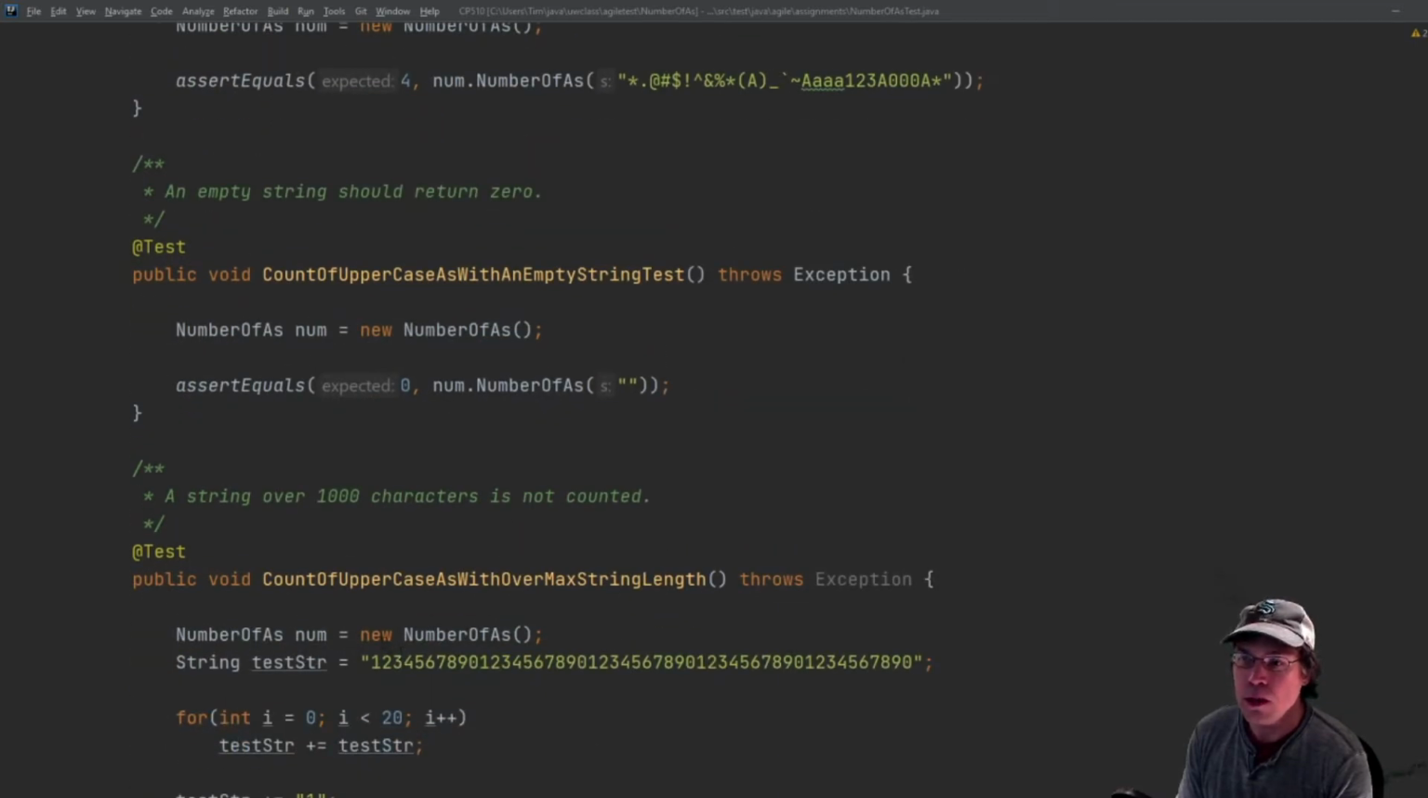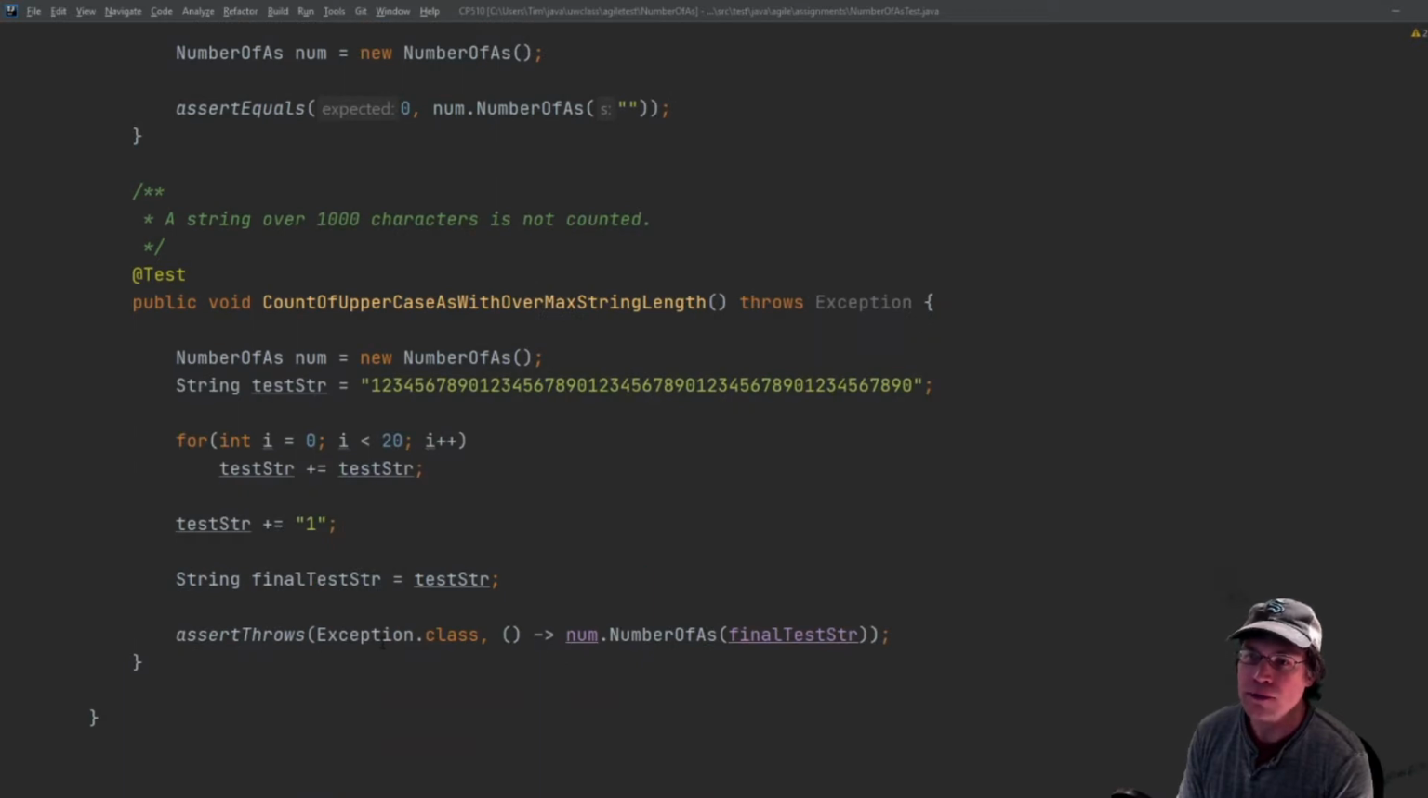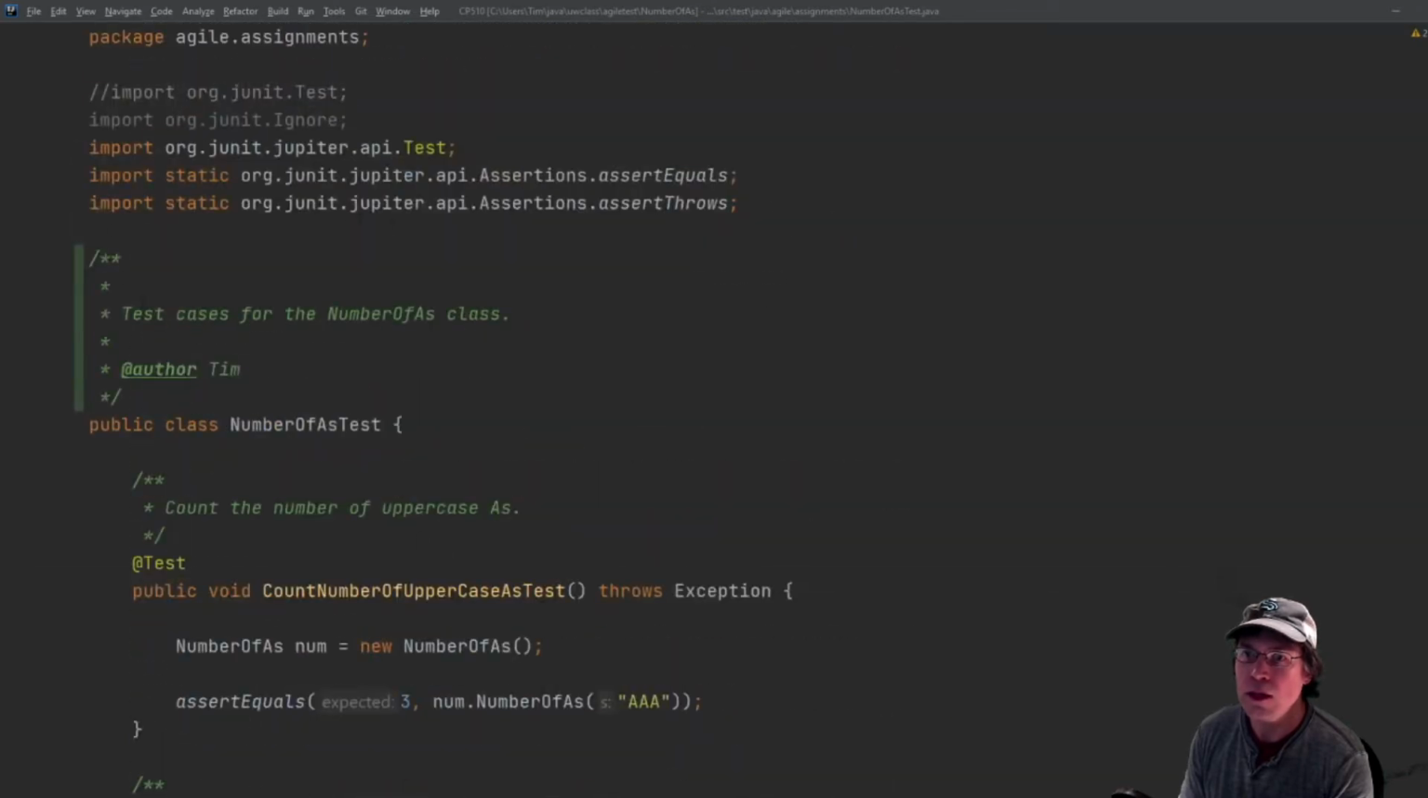And then 1. So, just to put a limit, I created a 1,000 character string limit, as a defined requirement that I gave to the program myself. I created a string that was 1,001 characters long and made sure it would throw an exception if it tried to execute. So then if we go back,